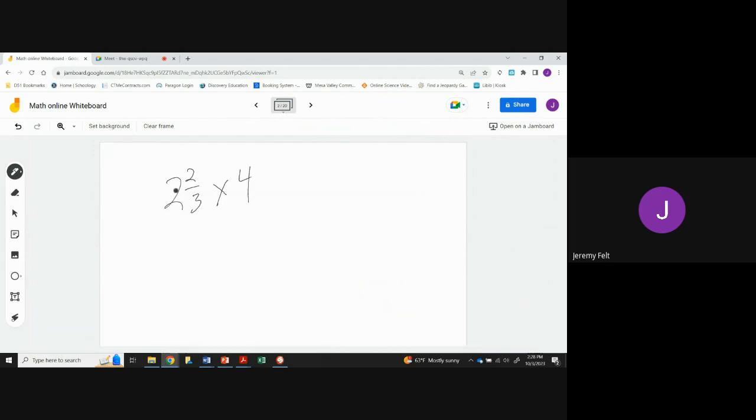And we need to make this an improper fraction first, because we can't do 2 times 4 and then 2/3 times 4. So how we do that: we take the whole number, multiply by the denominator, and then add the numerator. So 2 times 3 is 6, plus 2 is 8. So we call this 8 over 3